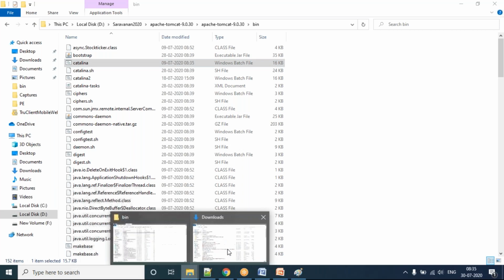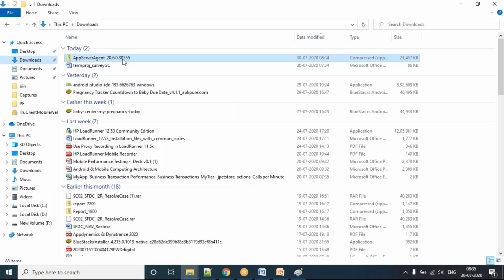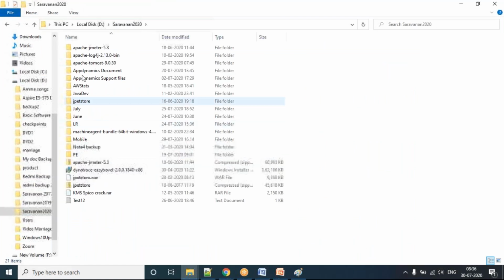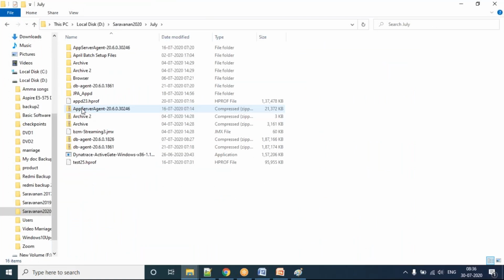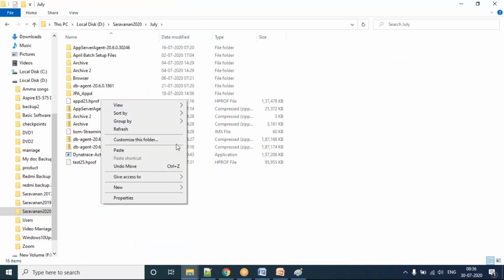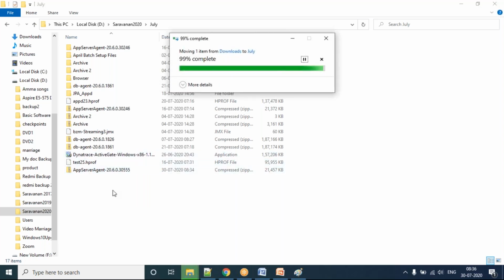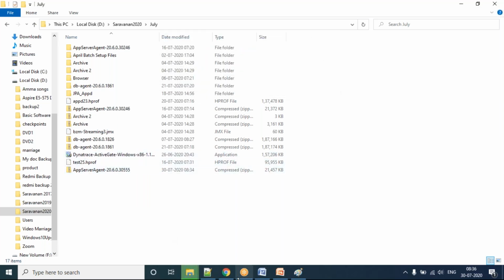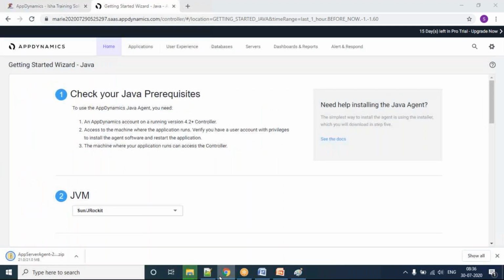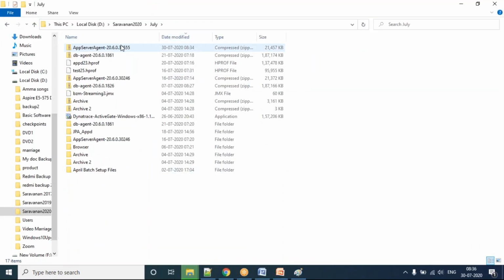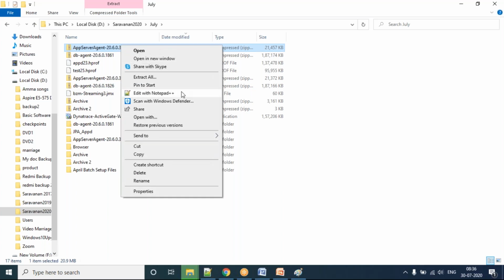The agent is showing as downloaded. I'll take that downloaded one to my agent path and paste it here. I'm going to extract this agent.